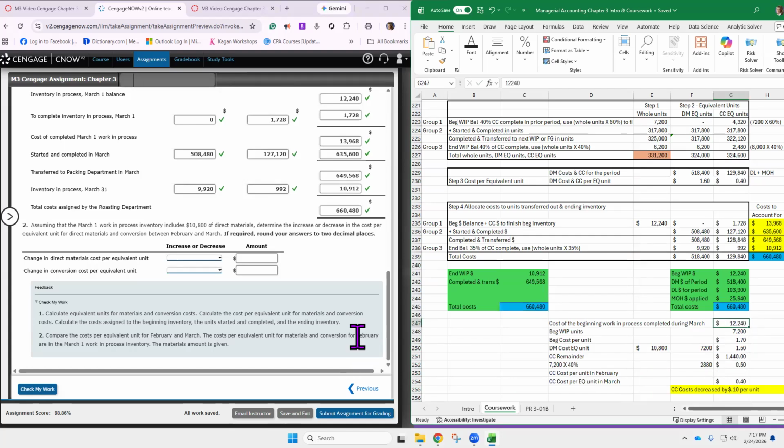Let's put down the cost of the beginning work in process, the dollars, at the first of the month. So this really should say cost of the beginning work in process, not completed, but